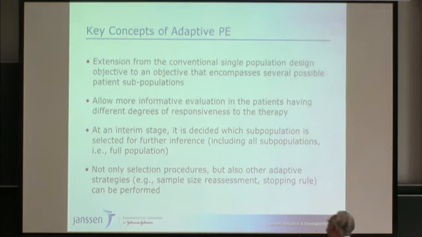Key concept of adaptive population enrichment. So now I'm bringing in this framework, adaptive. So the idea is, can we now think about bringing more efficiency in this type of development when we rely on adaptive designs? And adaptive now is in the sense that you want to extend from the conventional single population type of adaptive design focus to recognition upfront at the planning stage that the population might be heterogeneous,